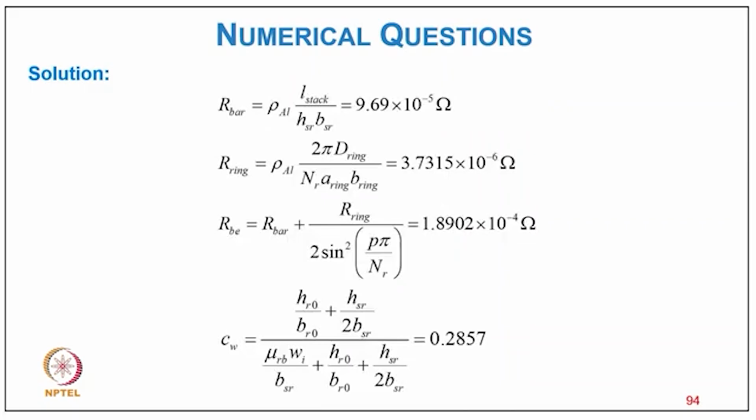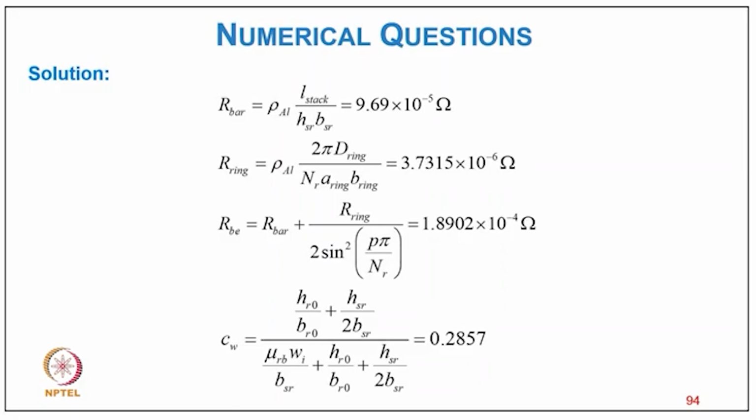and R bar equal to rho A1 L stack upon HSR BSR, it comes 9.69 10 to the minus 5 ohm, and R ring equal to rho A1 pi D ring upon NR alpha ring B ring, that comes 3.7315 10 to the minus 6 ohm, and R equal to R bar plus R ring divided by 2 sin square P pi upon NR, and it comes 1.8902 10 to the minus 4 ohm, and